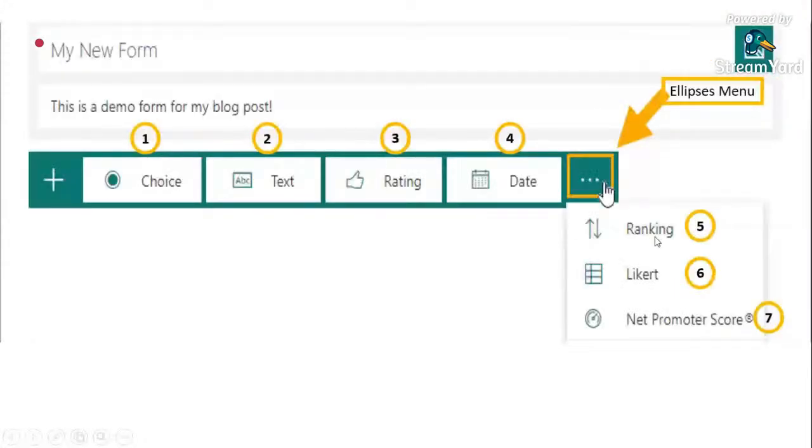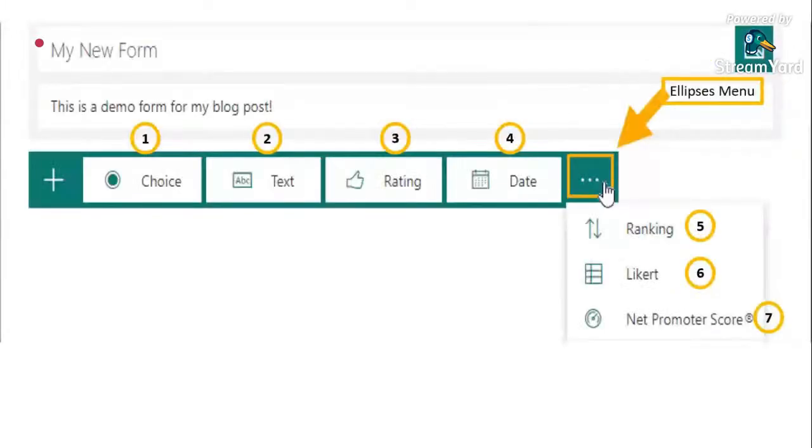Ranking. The ranking option allows users to drag and drop items to answer questions like order of preference, sequencing of events, pagsunod-sunurin ng mga pangyayari. Yes, you can do this in Filipino also. And then we do have Likert. Likert options allow you to create an agree or disagree scale type of question.